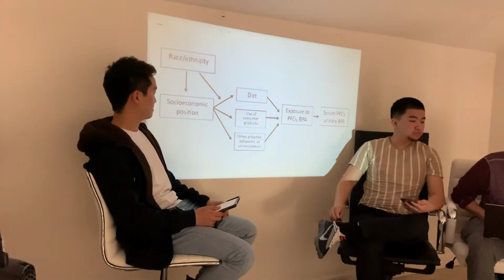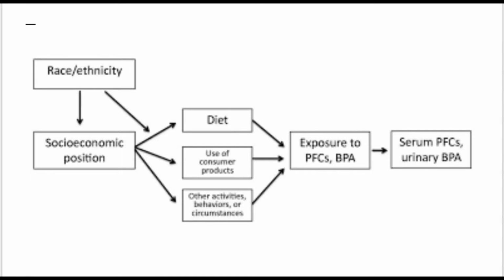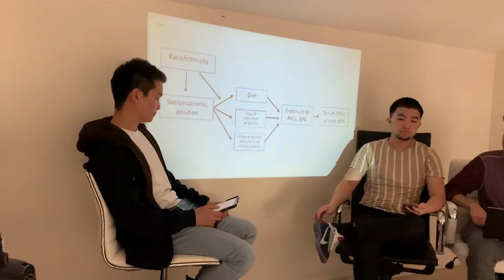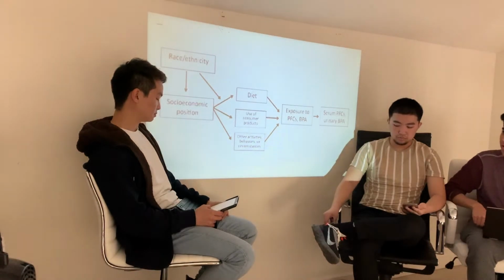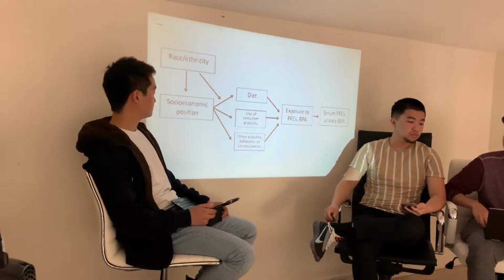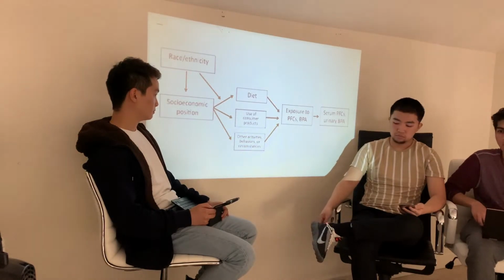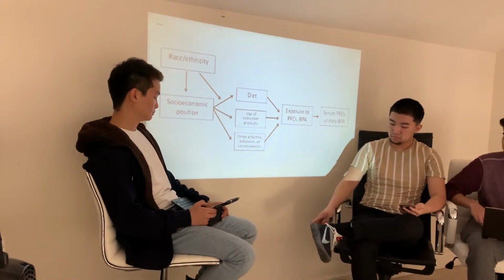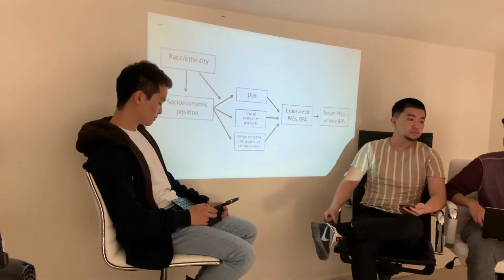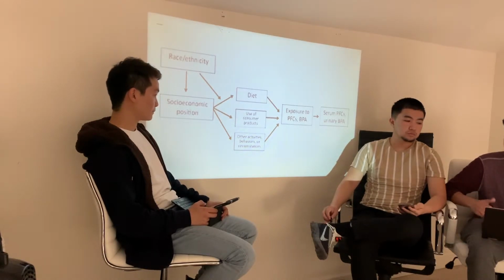Right. So now we're going to start examining the demographics that BPA has an effect on. Starting with socioeconomic position, we see that people who work lower income jobs typically have higher BPA levels in their urine. Just as an example, a study among Chinese factory workers found that those who worked with bottles and plastics, in which the BPA would leach out in this factory with rapid changes in pH and temperature, were more at risk for lower sperm quality, lower sperm vitality, and even a higher risk for cardiovascular disease.